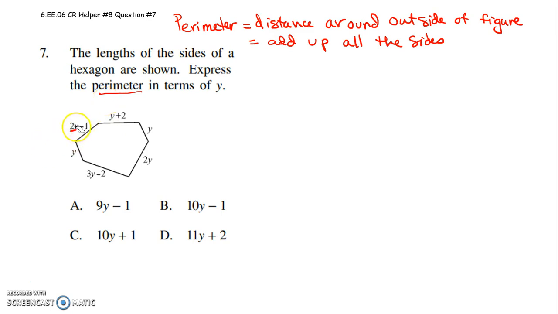So for instance, I just want to make sure you understand. This y right here has a coefficient of 1. This y right here has a coefficient of 1. This y has a coefficient of 1. So if I want to add up and combine my like terms, so I'm going to add up all my sides, I can do 2y minus 1 plus 1y plus 2, just adding up all my sides, try to make my 2's all look the same,